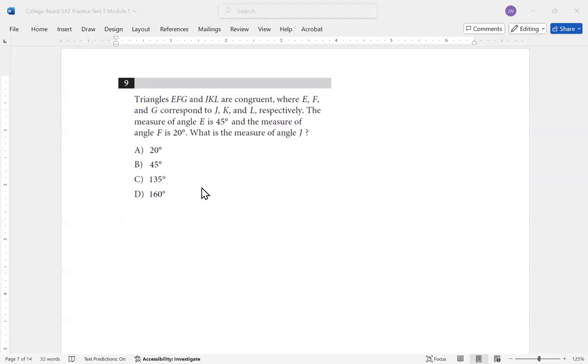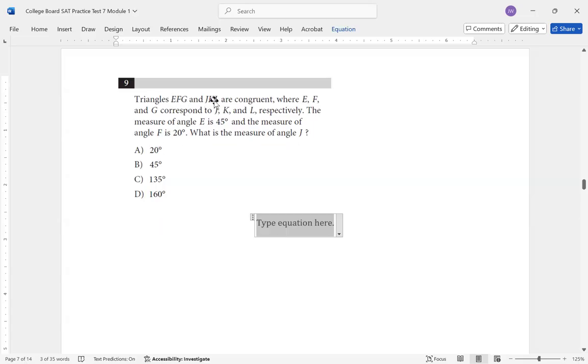Question 9. Triangles EFG and JKL are congruent where E, F, and G correspond to J, K, and L respectively. The measure of angle E is 45. The measure of angle F is 20. What is the measure of angle J? So all we have to do, well, there's a couple of different ways I can do it. If you want to draw, that's fine. I'll show you how to draw in just a second, but